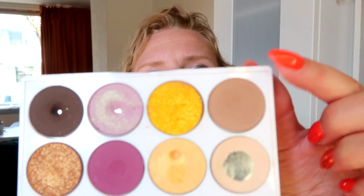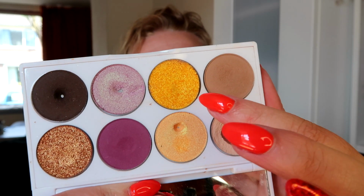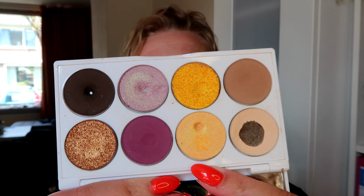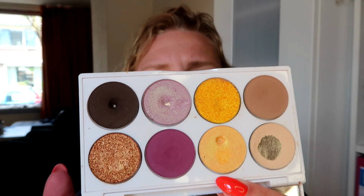The rest of the shadows, I did use this shadow a couple of times. I think I used the yellow ones, and this yellow to orange I used once. I used this shadow once, and then the other two I did not use. So it wasn't a very great success, but it did give me some thoughts and opinions on how to proceed